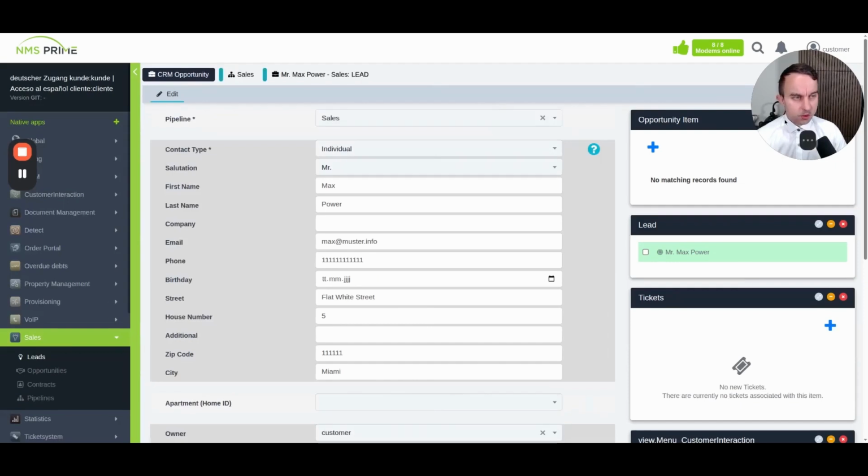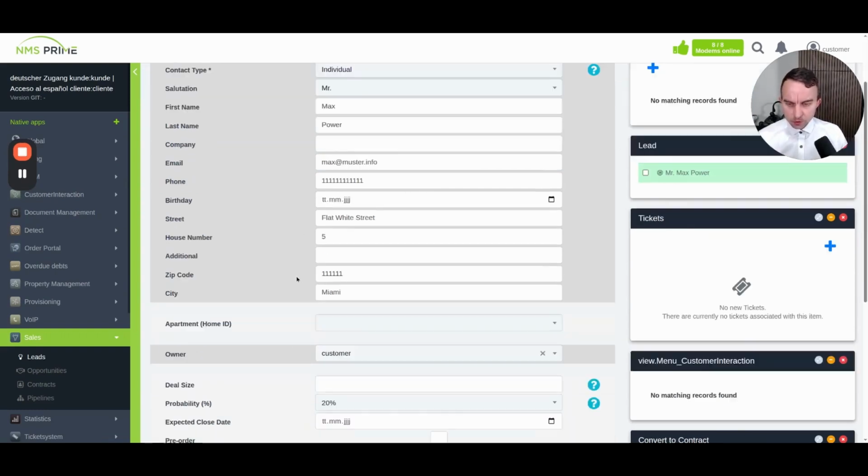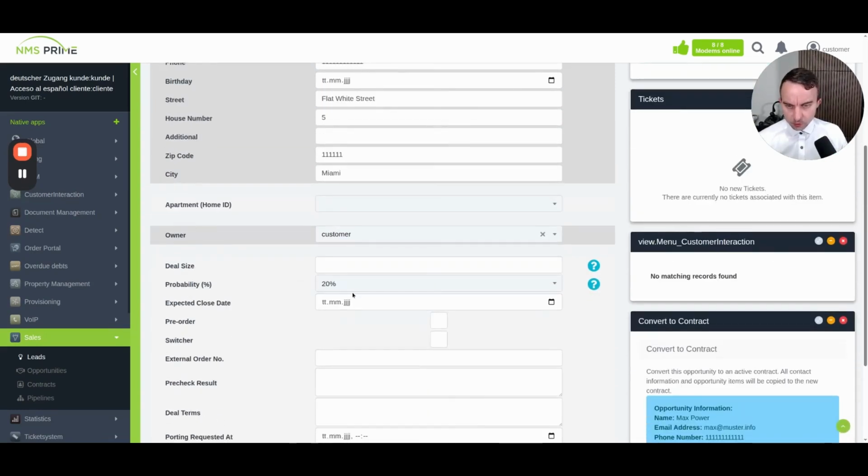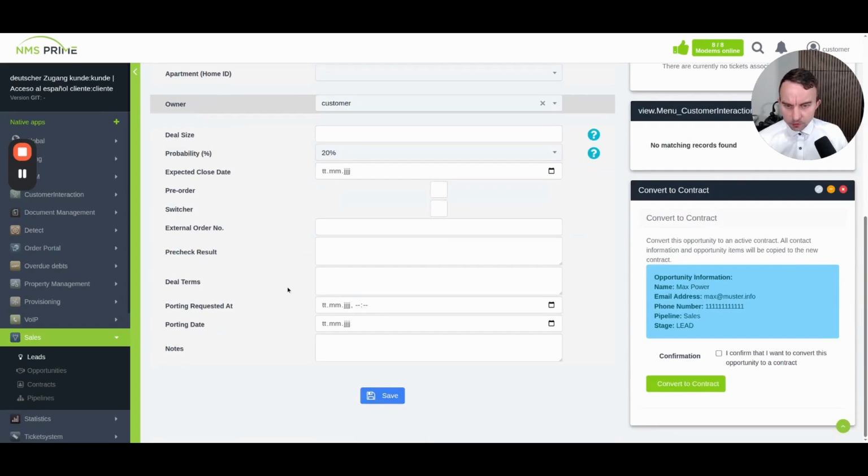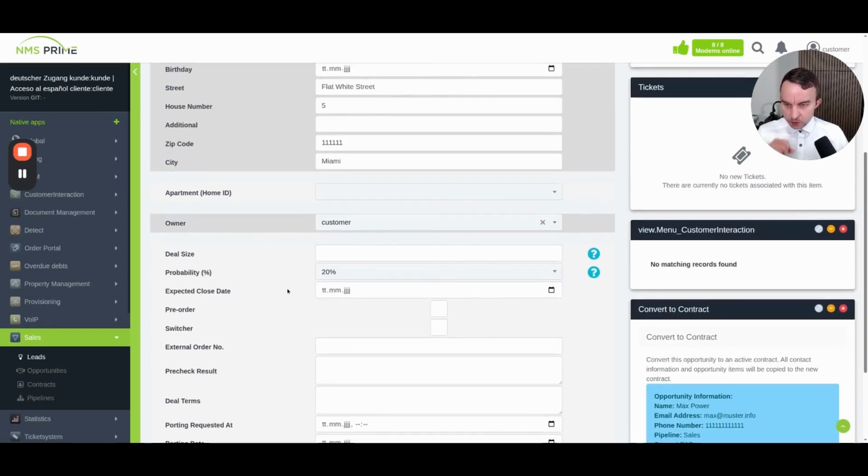and once you click here, you see that we changed to the opportunities now, and we see the lead is assigned here on the right side. Before, it was a lead, and before an opportunity he was a lead. We converted all the information that we have as of now to this opportunity, and so we can now work with it. So we see that currently he has a closing probability of 20%,